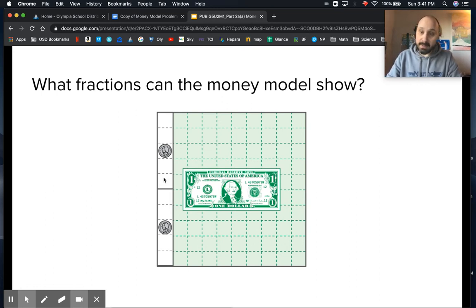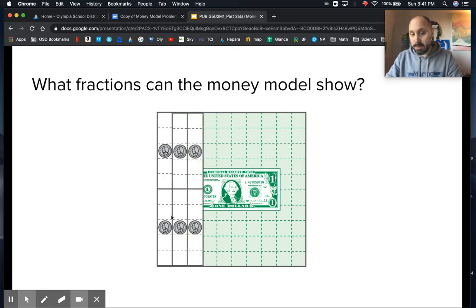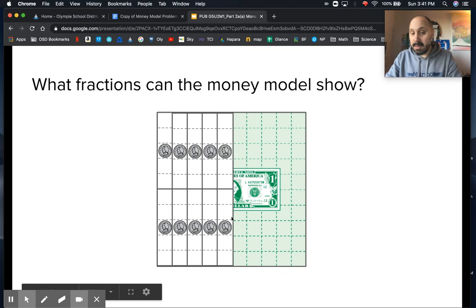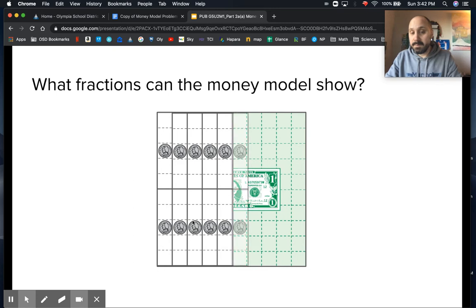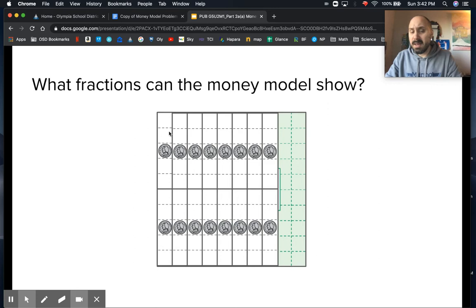Which is 1/10. So if I keep going, now they're doubling up. So I have 1, 2, 3, 4, 5, 6 nickels, 8, 10 nickels. 1, 2, 3, 4, 5, 6, 7, 8, 9, 10. 10 nickels is worth 50 cents. So that's 50 hundredths, or half a dollar, 1/2. So now each of these 5 cents is kind of hard because it's 5 100ths, but it can also be simplified down to